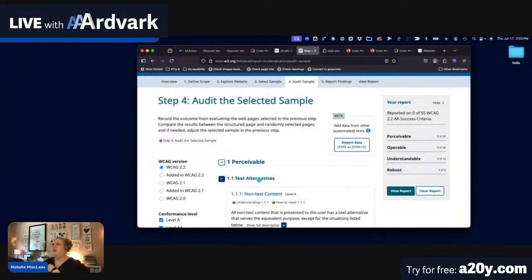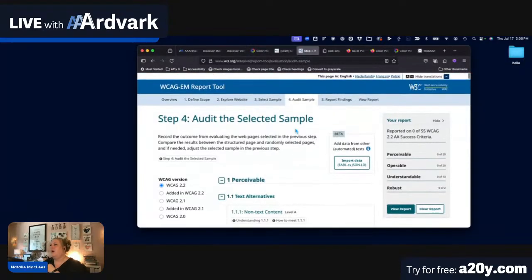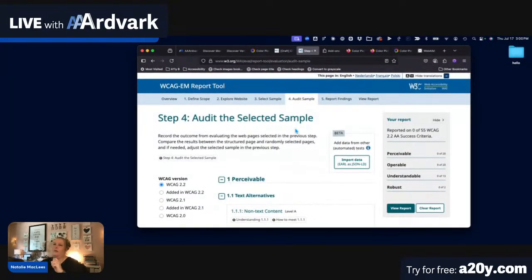And this tool will accumulate a report for you at the end that you can then download. So that is available on the website. It is for free. It's just open for anybody to use. And I think